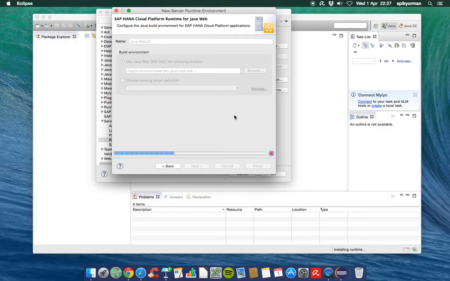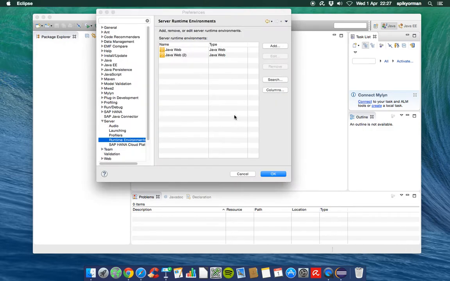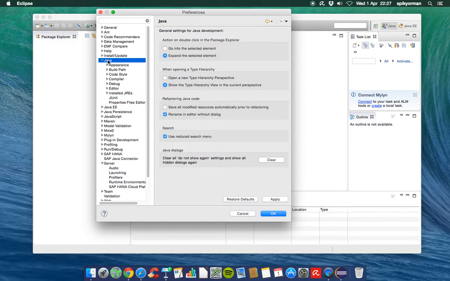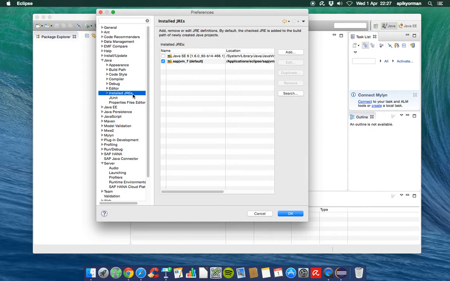Okay, so now there's just one more thing to do, and that's to set up our virtual machine. So we'll just let Eclipse sort out the runtime environment and come back. Oh, there we go. Okay, so now we need to set up the virtual machine, and we're going to do that by going up here into Java, and then we're going to expand that, and we're going to have a look at Installed JREs, installed Java runtime environments. Okay, you can see I've already done this here. So what you would do is click Add,